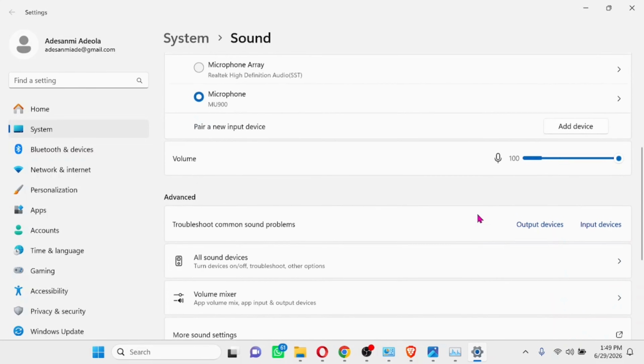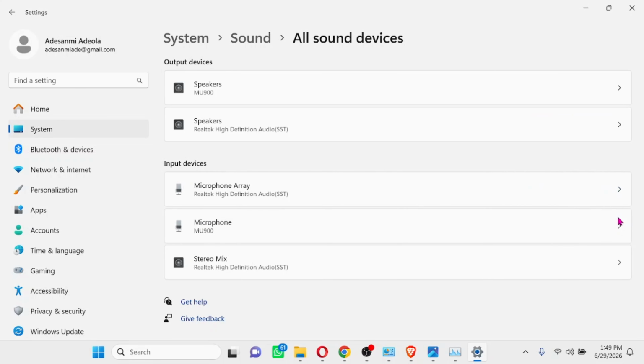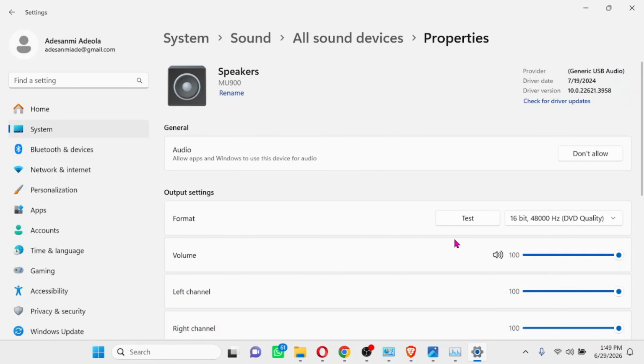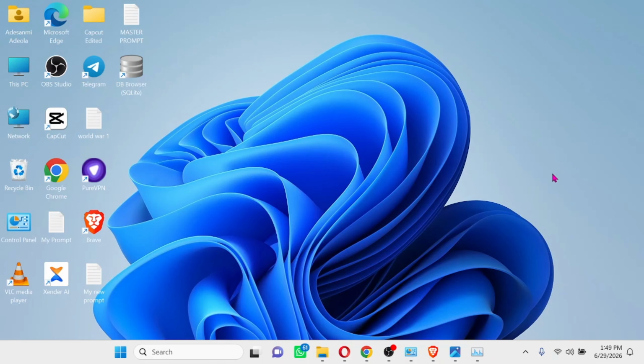Then scroll down again and see some of these settings that might cause your device not to work. Here you see all devices, that is, turn devices on and off. So click on this button to see if these speakers are off here. You can take your time and try some of these settings, turning them on and off, and see if the speakers are working very fine. Now that I've done this and my speaker is working fine, the next thing you have to do is